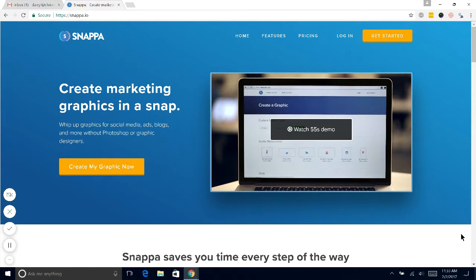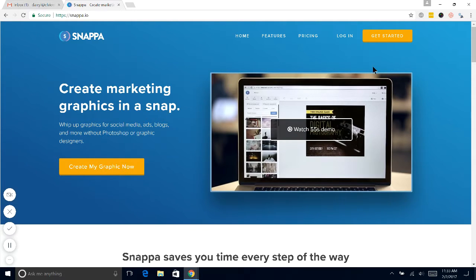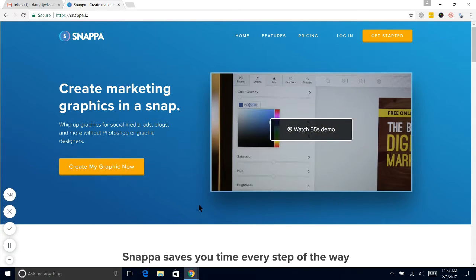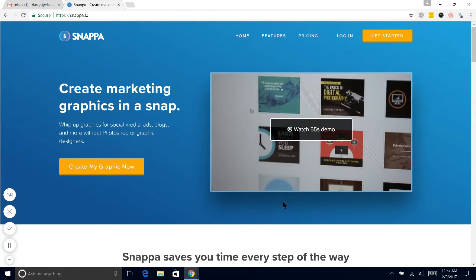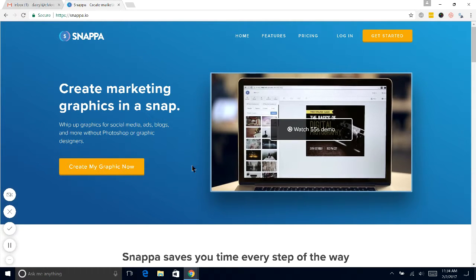So now I'm going to focus on their value proposition. I'm going to just use my cursor to show you where their value proposition is. I'm going to circle this area here. It includes this headline, this sentence, this call to action button, and this video. Now, what you need to know about value proposition,